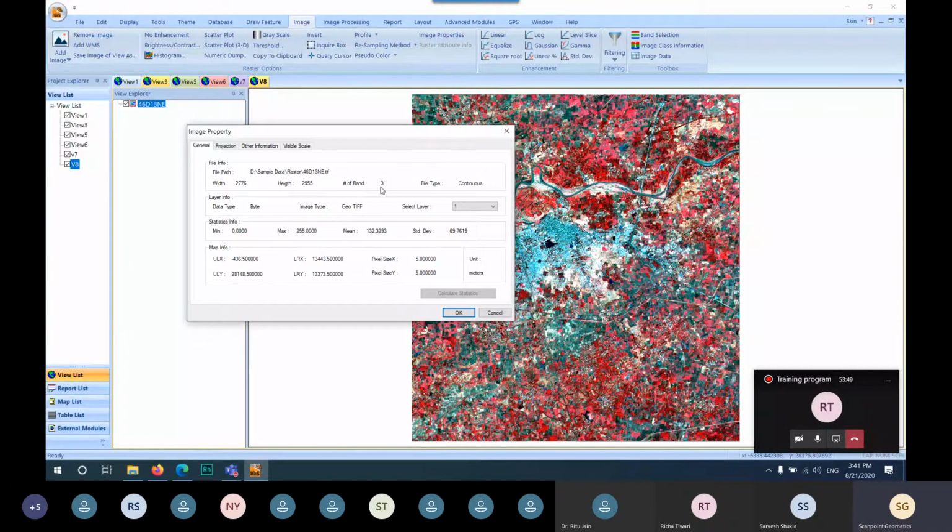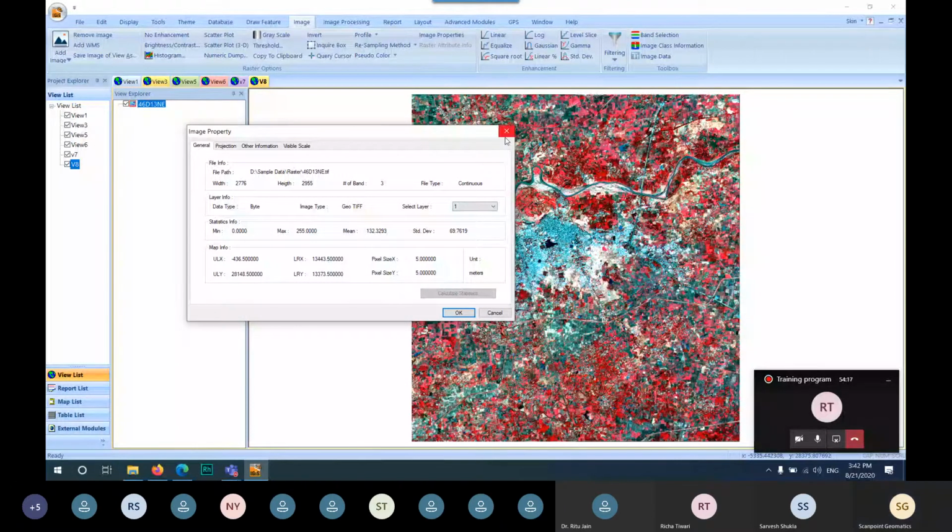This is called the spectral resolution of your image, file type, data type, image type, number of layers, and other stats information. Also you have the pixel size. The pixel size of this image is 5 meter.